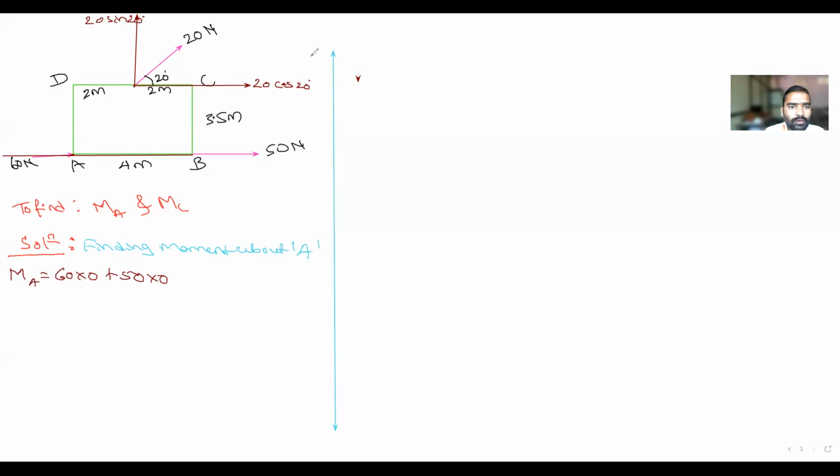Yes. Okay. Now I will consider first the horizontal component. So this is horizontal. There is no other force, only horizontal. 20 cos 20 is acting on the body. Is it producing clockwise or anti-clockwise rotation? Clockwise. So that is plus. How much is the force? 20 cos 20 into, so this is the line of action. Okay, horizontal. What is the distance between the horizontal line of action and the point A?